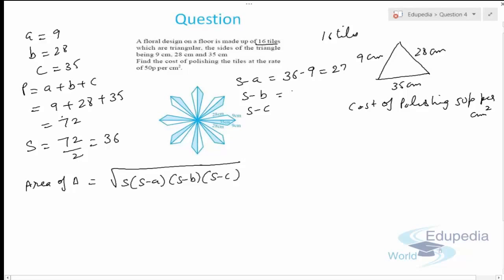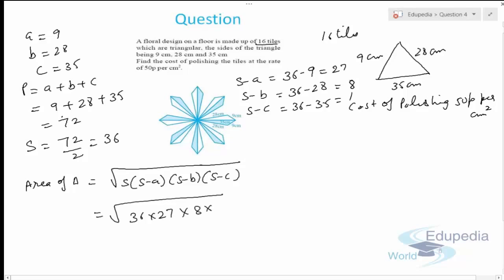Then we need to do 36 minus 28, so it will be 8. Then 36 minus 35, which is 1. So we need to put the values now. It will come out to be 36 times 27 times 8 times 1. If you find the answer, it will come out to be 36 under root 6, or in decimals it can be